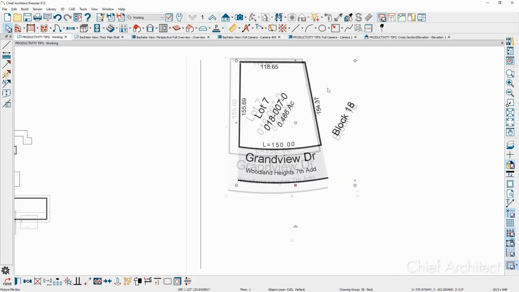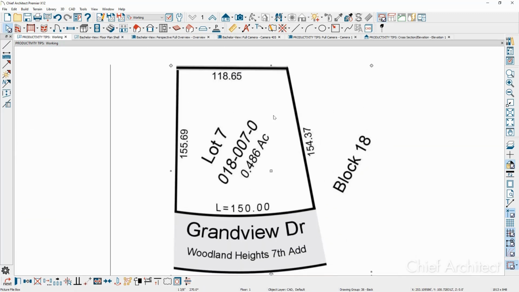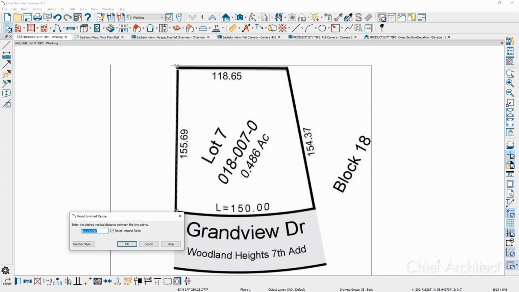Let's resize this down to some unknown ratio. This is a picture of the lot. And once you've imported that picture in the lot, you can use this point-to-point resize. Let's use point-to-point resize. I'm going to come up here, maybe easier with my crosshairs on, and I'm just going to roughly click. At this point, the program will ask me, what is the desired vertical distance between those two points? Well, we know it's 155.69. Let's go ahead and type that in,